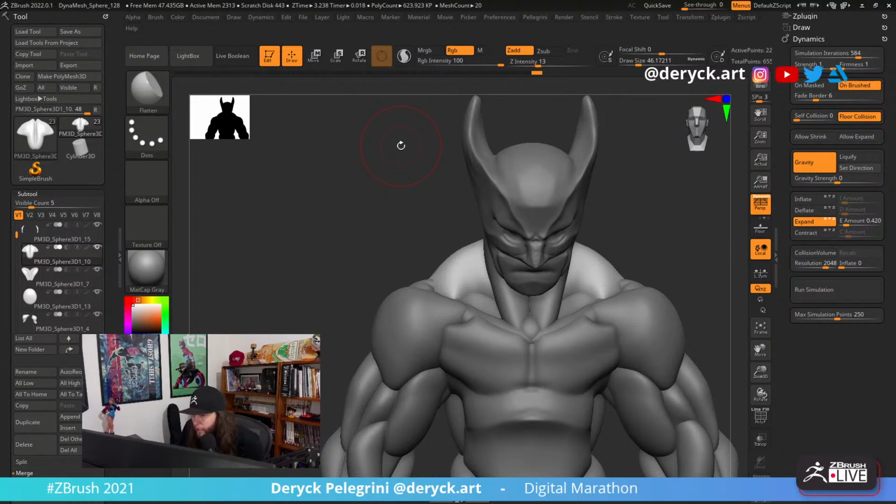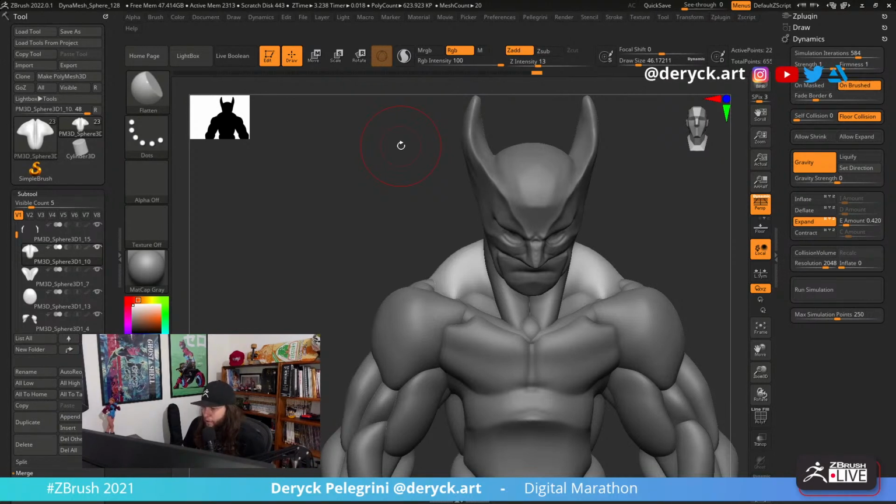Hi, Deryck. Can you quickly explain what the dynamics tool does? Yeah, the dynamics tool, most of the time, at least the way I'm using it, but you can use it for a lot of different stuff. Basically, you can use it to simulate some gravity and some effects on the mesh.